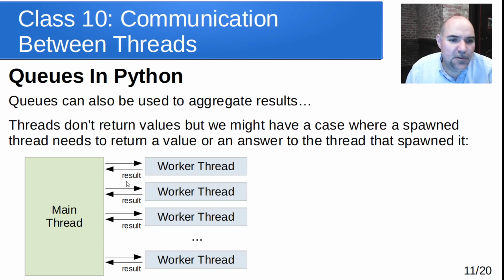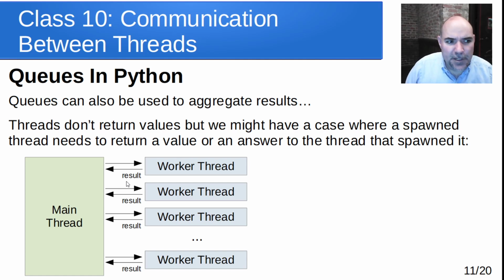So to aggregate results, the idea is that threads, as you may have noticed when we were using them, you start a function. You say target equals and you give a function, but there's no way for them to return a value. Threads don't return a value because where would it return it to? There's not really a function call that happens when you start a thread. You say start the thread and then let it run. And so if you have a case where you want to spawn off a bunch of worker threads but have them give you back an answer to something,